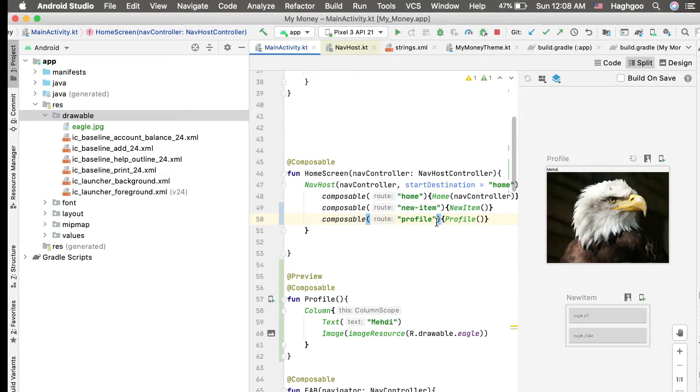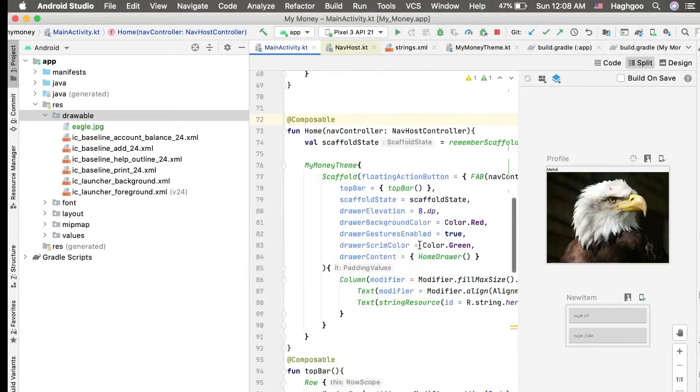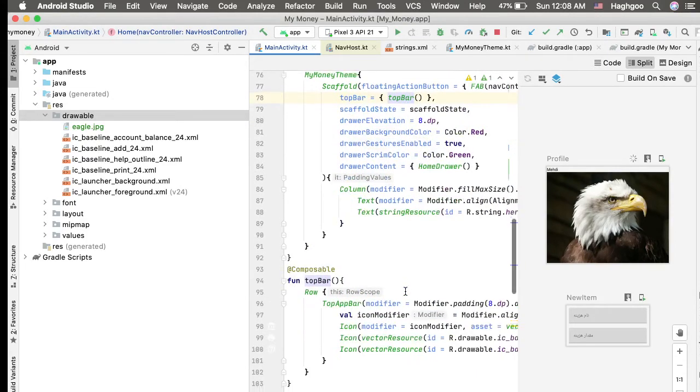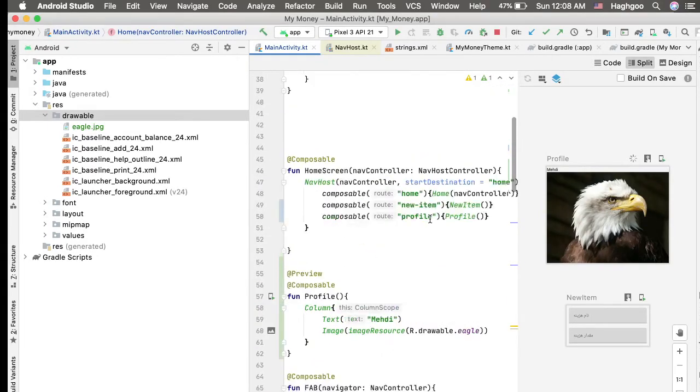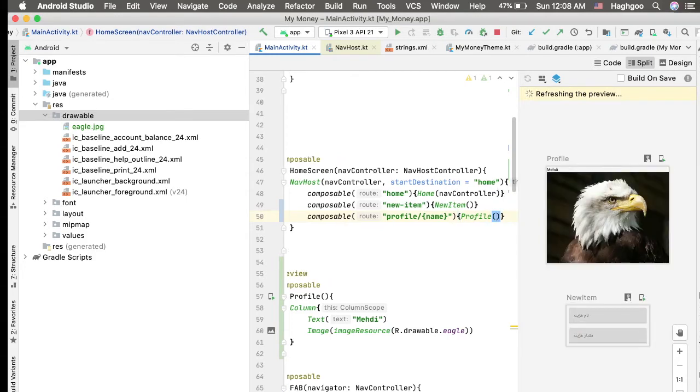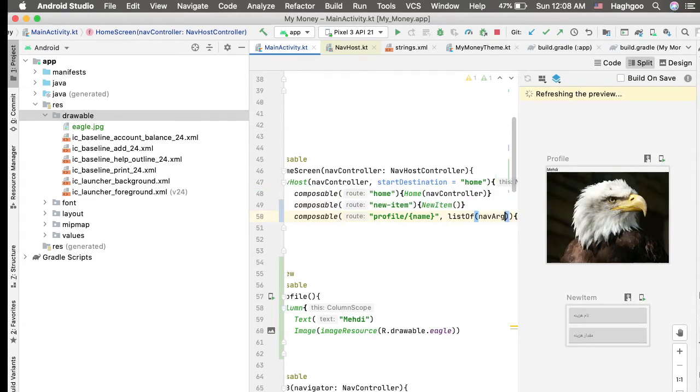Let's create, actually, let's pass some arguments to profile, and this should be nice. I'm really curious how this works, and it's beautiful. Profile, name. This is going to be easy. Okay. Profile, and then this part, a list of nav arguments, nav argument,